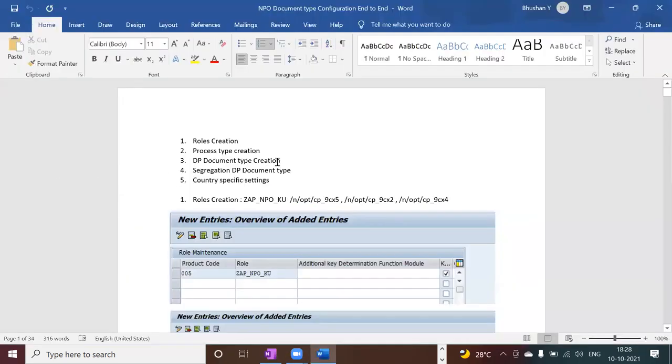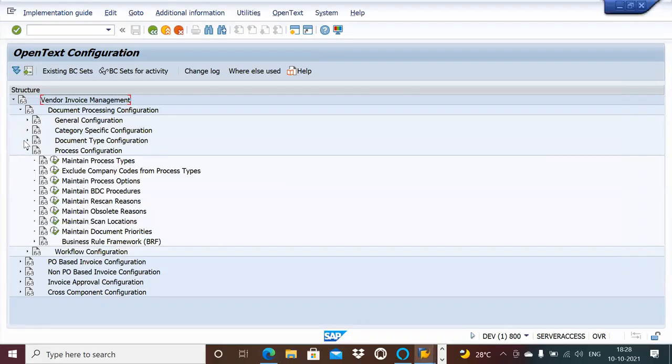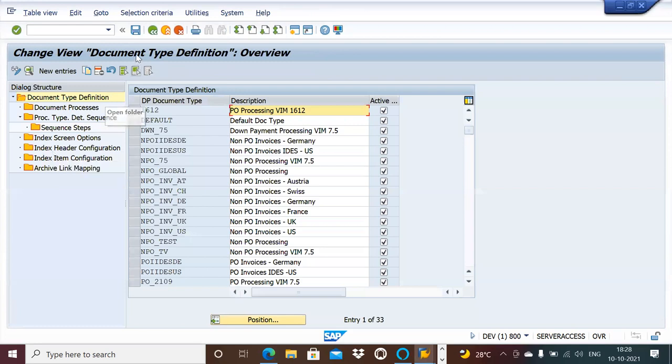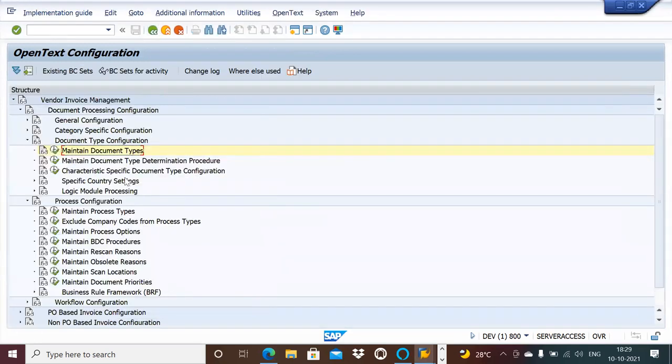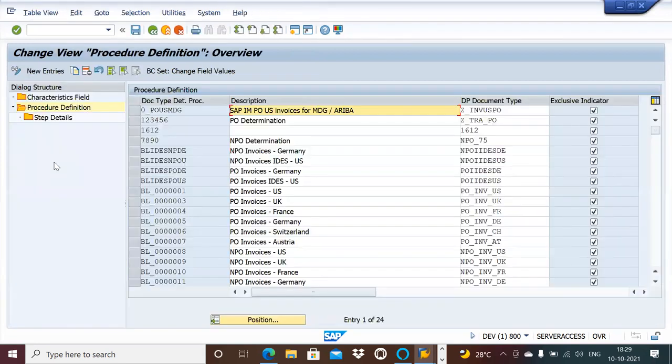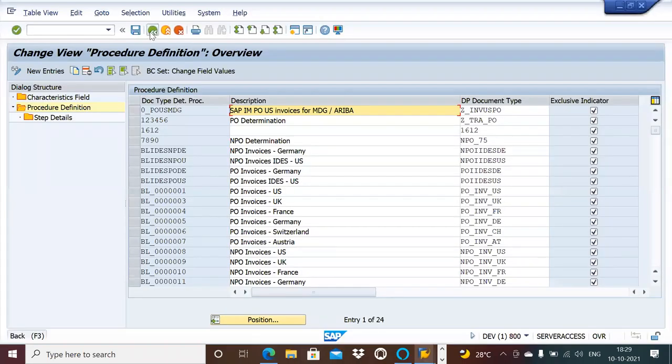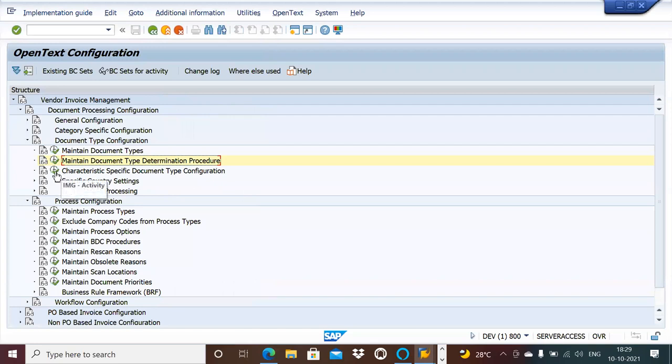Then later, document type creation. You come here and create a document type. And then later, you create a document type determination, how you want to determine, which you will maintain over here. And then if you have country specific settings, you go for the country specific. These are the same steps which we have done for